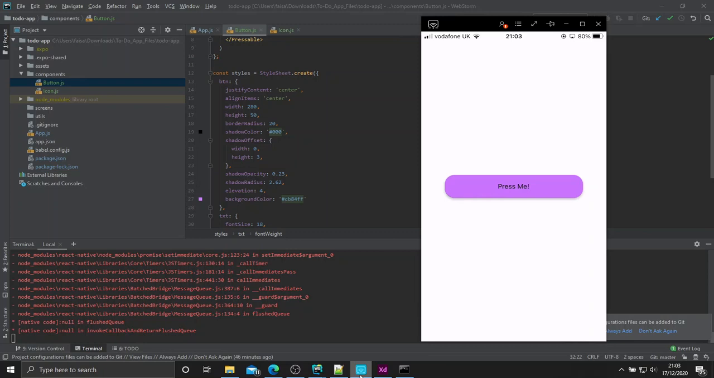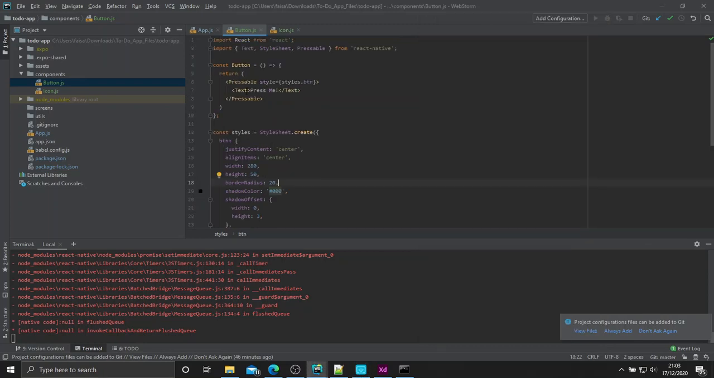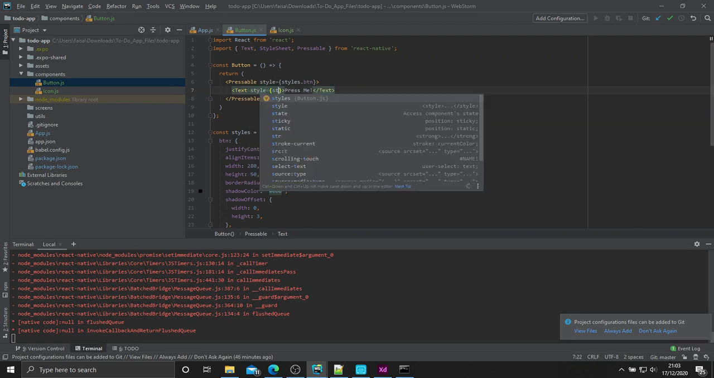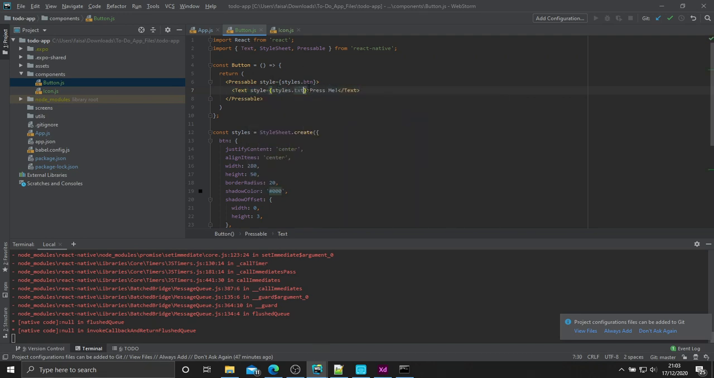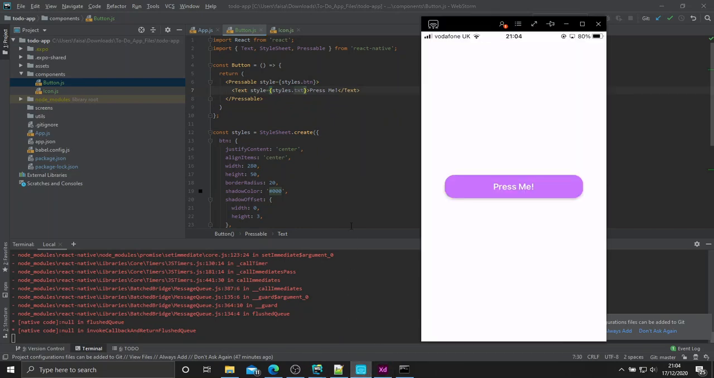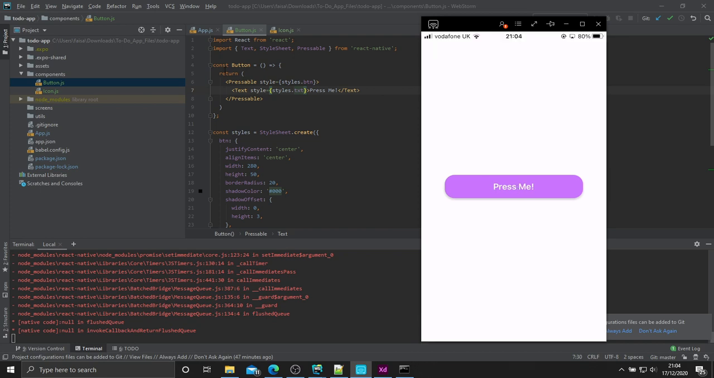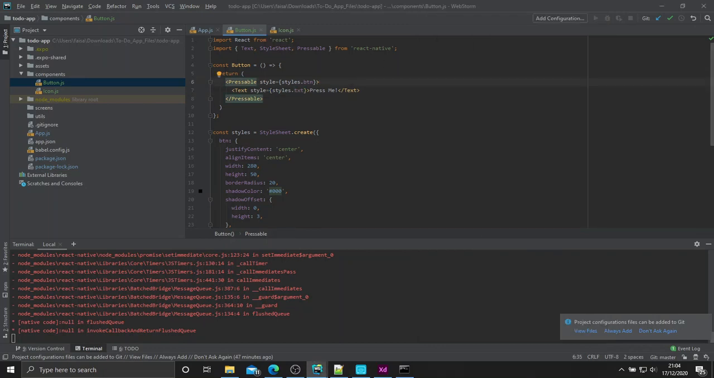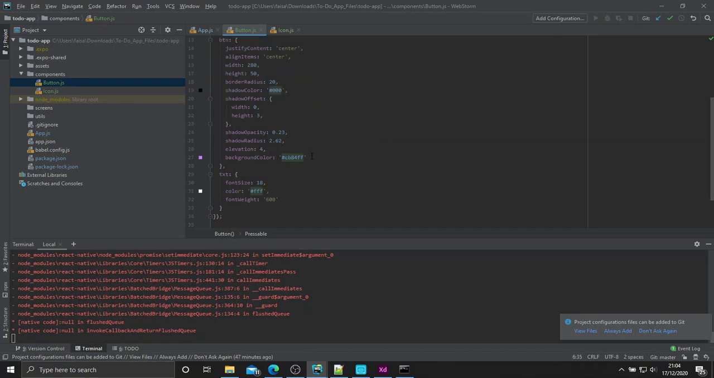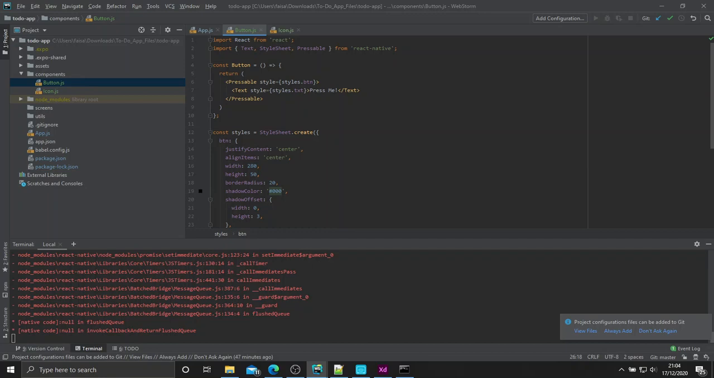Alright, it's not going to load up because I need to assign it here. So we do style equals styles.txt, and now it should, yep, there we go. Press me. Now when we actually press this, it's not really indicating that it's being pressed. So a way we can do that is, let's remove the background color off of here, and inside